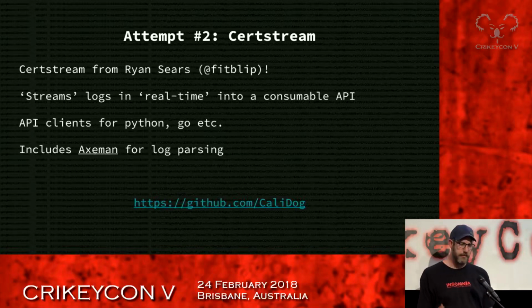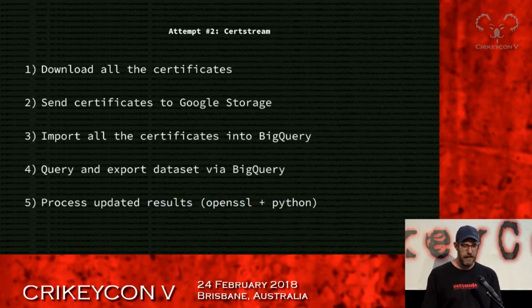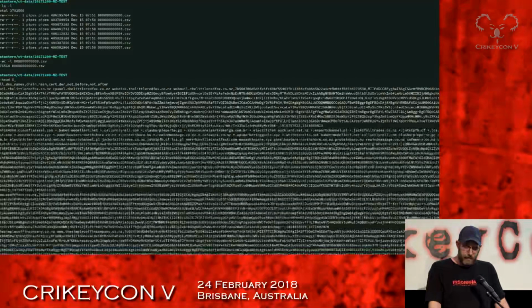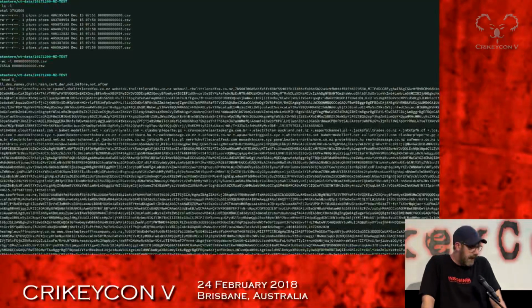What it will do is go through and download, using Python 3 async IO, the zip files from the logs, parse them out, and save them into a more usable CSV format. So I was like, all right, I'm down with the cloudy. I can get cloudy with it. I'm going to take all of the certificates, shove them into Google Storage, shove them into BigQuery, then I'll just query the BigQuery and profit, right? And the answer is yes, you can.